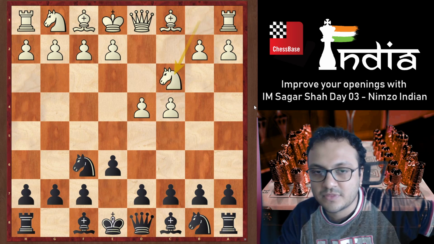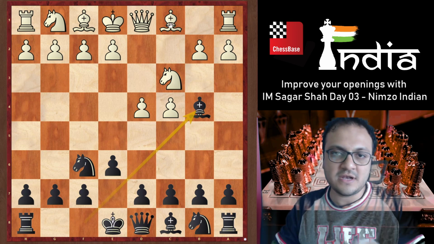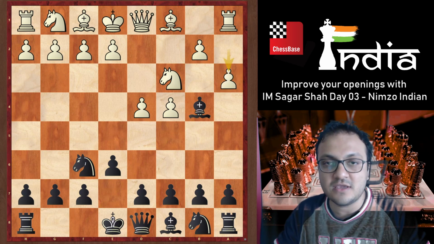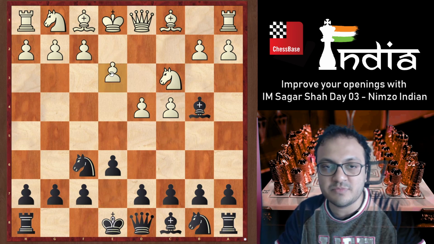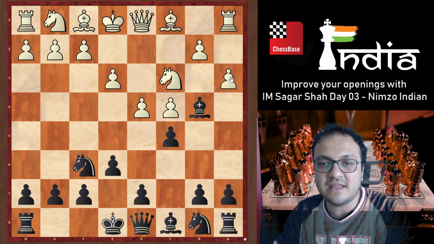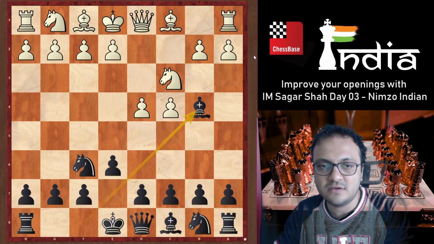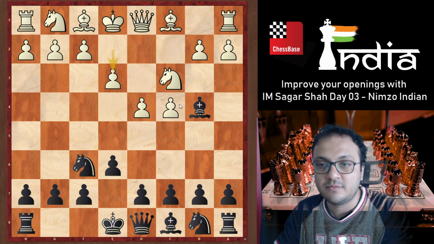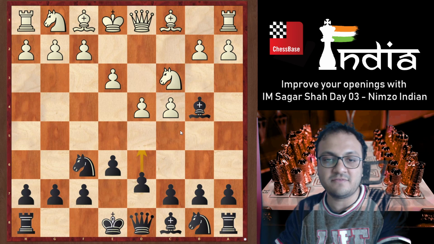knight c3, bishop b4, and now yesterday, on day one, we saw bishop g5, which is the Leningrad. We saw a3, that was yesterday, and a3 is actually kind of interchangeable with e3, because sometimes you go e3 c5 a3 and then you reach the same position. So a3 was played in this game. Sorry, e3 was played by Botvinnik, and then came here d5.